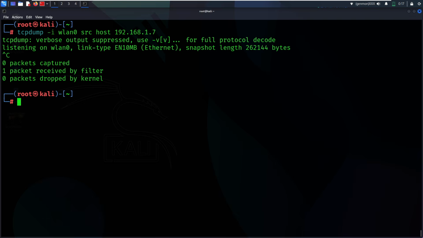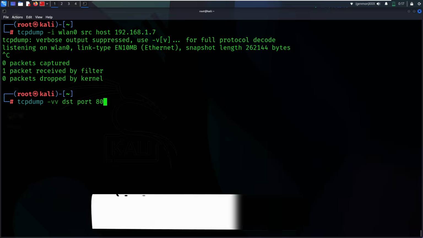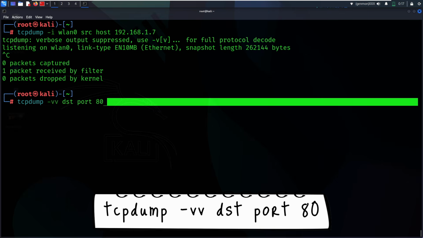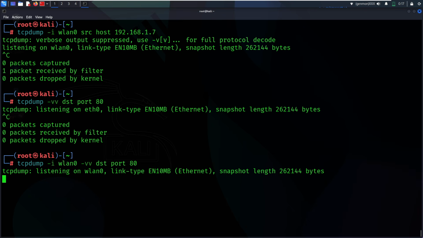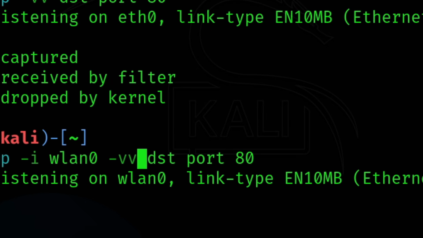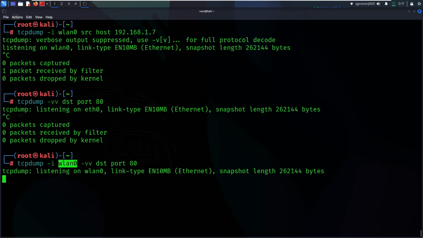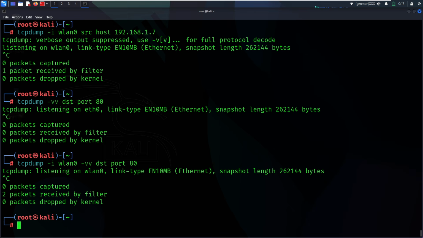We can also filter by port. Let's say we only want to see unencrypted web traffic. We type tcpdump -vv dst port 80. By filtering for destination port 80, we only see HTTP traffic. Notice that I added the -vv switch. That stands for very verbose. This tells tcpdump to deeply decode the IP and TCP headers, revealing the juicy details like what web browser the